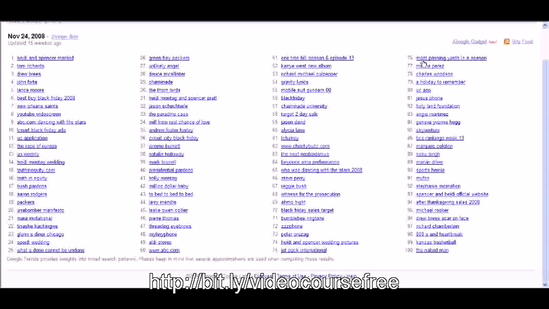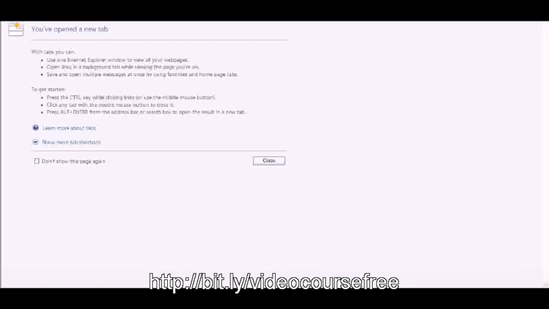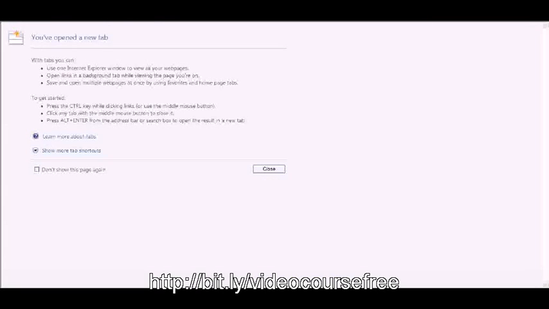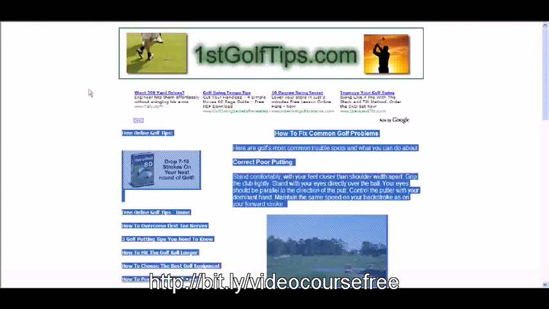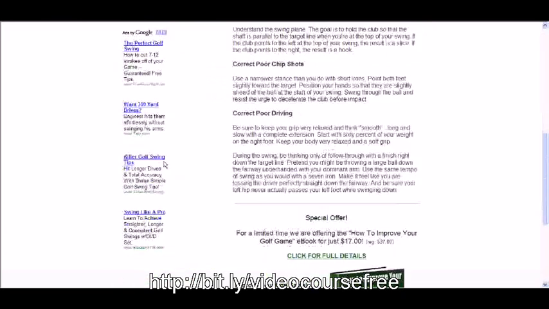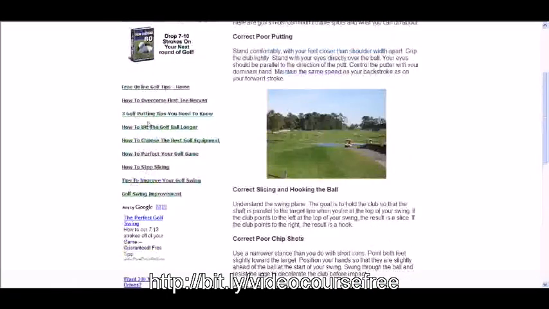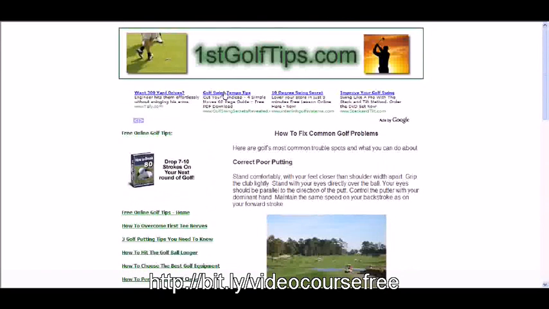There's a source of income out there called pay-per-click advertisements, and I'll just show you an example of a website that is using pay-per-click advertising. So this is one website that is an example. It happens to be a golf website, and you can see up here that there's these ads that show up, and if someone were to click on one of these advertisements while they visited this particular website, the owner of this website would make money on every single click. So they might make 5 cents a click, 10 cents a click, or 30 cents a click, depending on how much money can be made from each click. And that's the method of monetization.